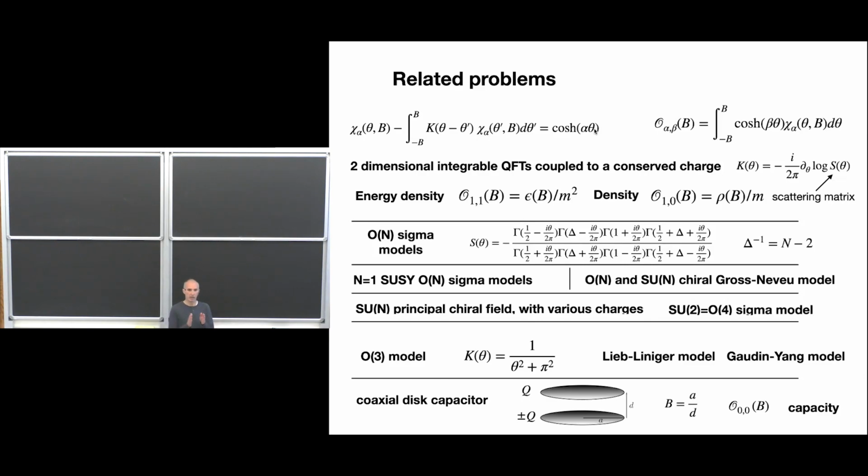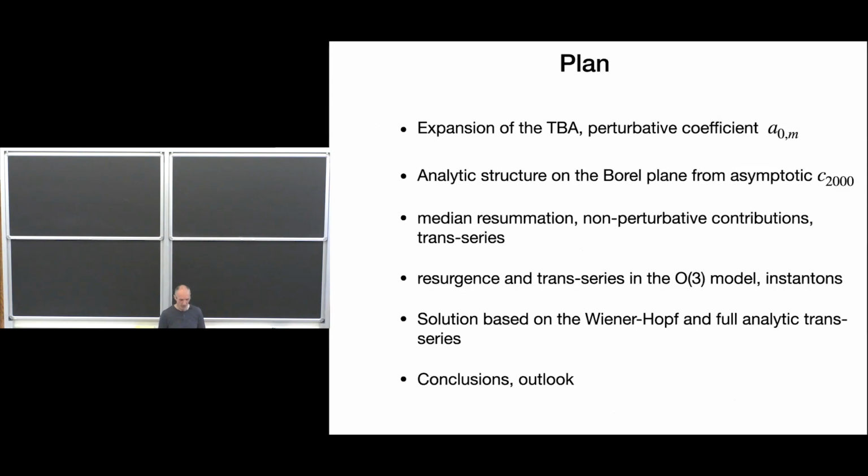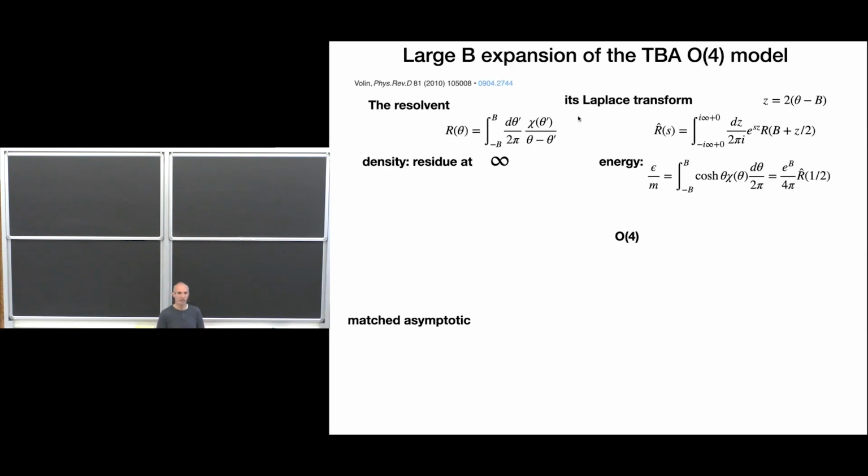To expand this linear integral equation, maybe let's just flash it again. So this is the linear integral equation. I would like to expand around b going to infinity, where I can solve in Fourier space. There is this Wiener-Hopf method, but it's actually very complicated and painful. When we were asked to calculate the second order correction for the O6 model, it was simpler to do the calculation in field theory than to expand this linear integral equation to second order. So it was so complicated until Dima Volin came up with a very nice idea